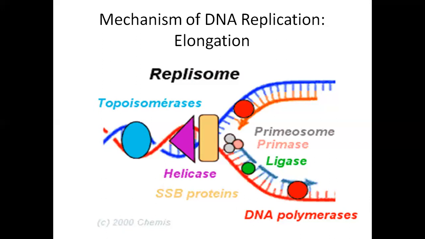The RNA primer is hydrolyzed by the 5' to 3' exonuclease activity of DNA polymerase 1. The resulting gap is filled by DNA nucleotides, again by the catalytic activity of DNA polymerase 1. The newly made DNA is then joined by DNA ligase to form high molecular weight DNA. The RNA primers which are joined on both sides of the DNA chain are digested by a specific enzyme, that is ribonuclease H.